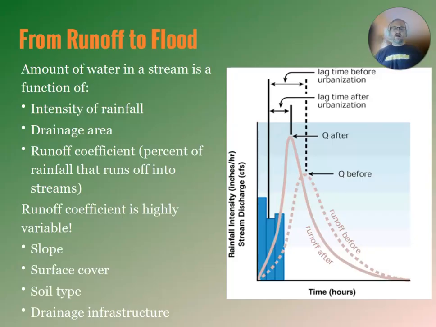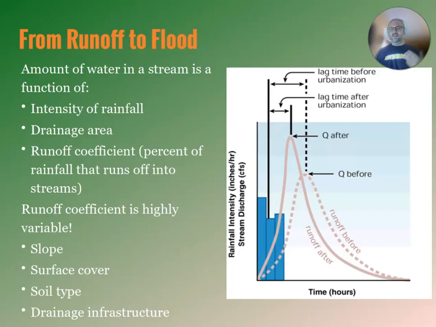So you can see that on the graph there. So we get some rainfall, and that rainfall starts to run towards our streams in an urbanized area. So they're describing this as after. So like after an area has become urbanized, after we cut down the trees and replace them with parking lots and stuff, that water is going to move very fast across that parking lot, right? Water flowing across the parking lot moves a lot faster than it would move across like leaves on the floor of a forest, sorry. That water is going to move real fast, and a lot more of it is going to